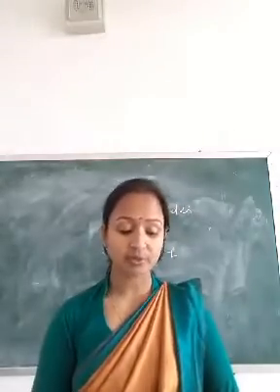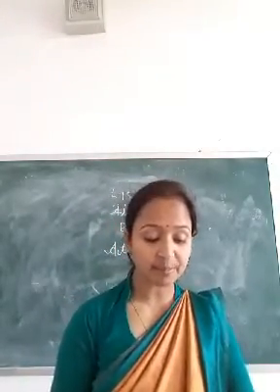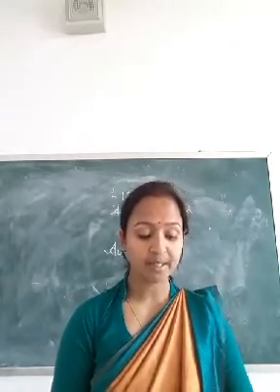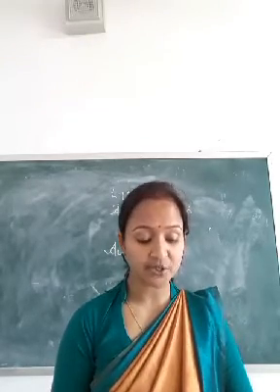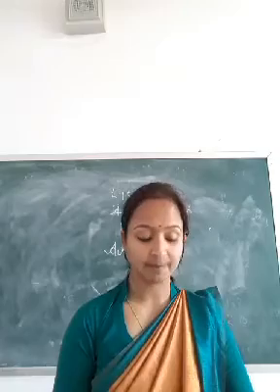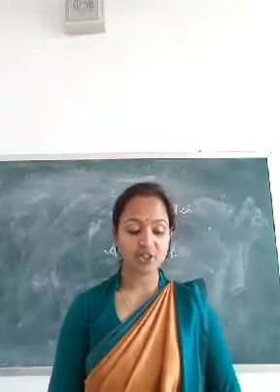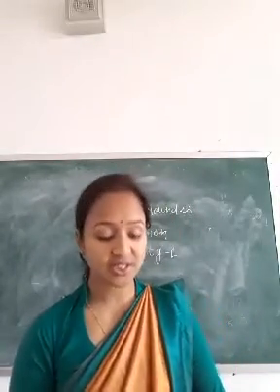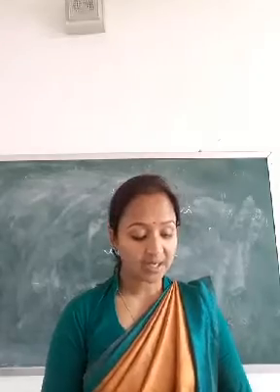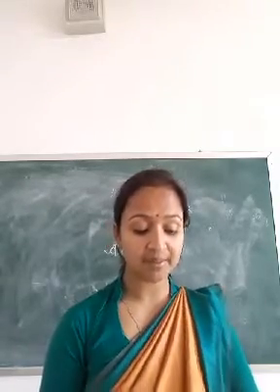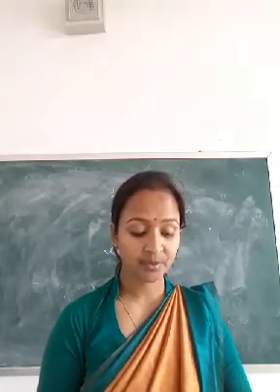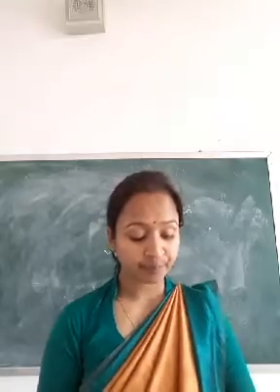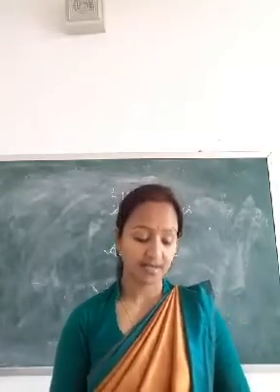The following conclusions can be drawn from the activity. As the level of water rises up in the tumbler, this suggests that some amount of air is used up in the burning of the candle. This component of air must be supporting the combustion of the candle, and this component of air which supports combustion is called oxygen. A large volume of air is left in the tumbler, and this unused component of air does not support combustion of the candle. The major component of the air which does not support combustion is called nitrogen.